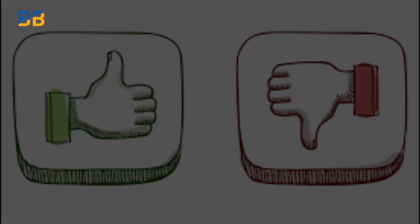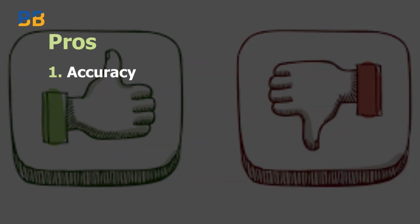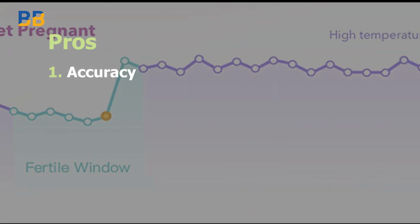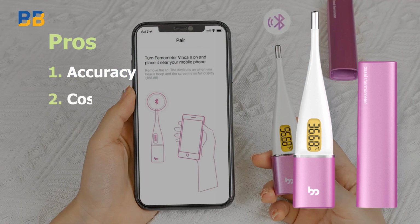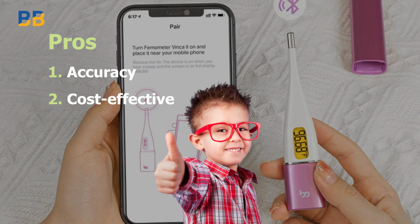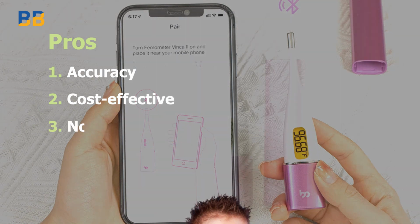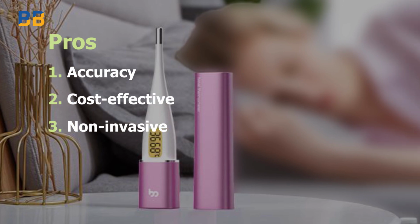Here are the pros and cons of using a basal body thermometer. Pros. Number 1. Basal body thermometers provide precise and reliable data to track your menstrual cycle and predict your fertile window. Number 2. Compared to other fertility tracking methods, basal body thermometers are an affordable and sustainable option. Number 3. Using a basal body thermometer is a simple and natural way to monitor your fertility without any discomfort